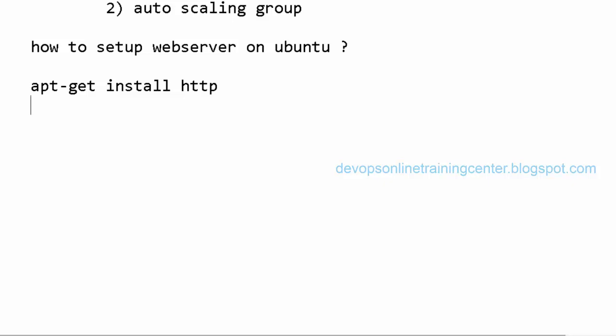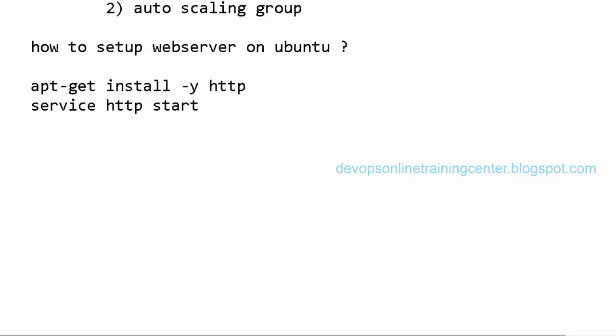HTTP, yeah. I think you have to put y also. Okay. Install -y HTTP. Start the service, HTTP start, yes.